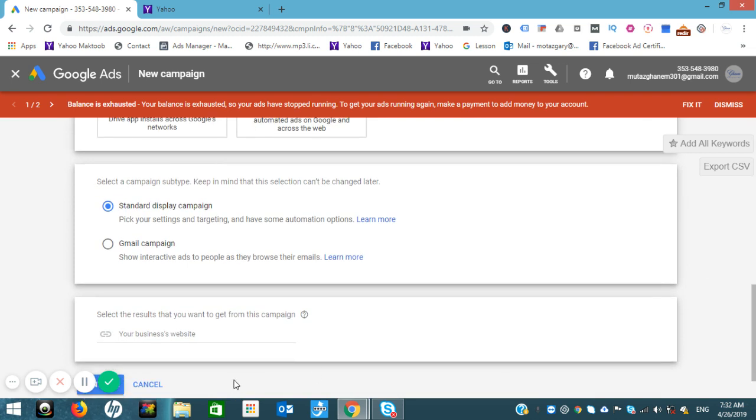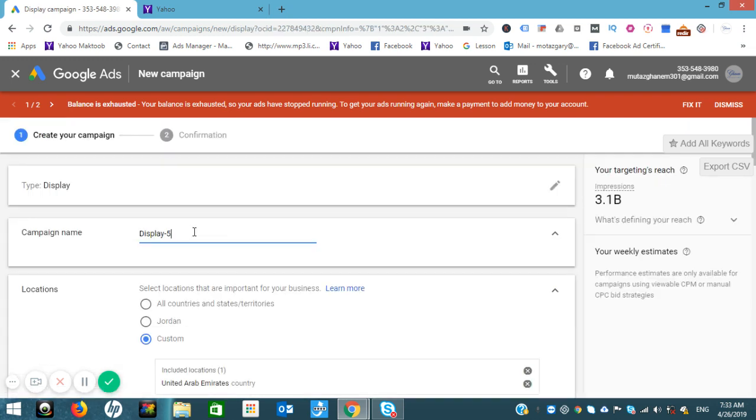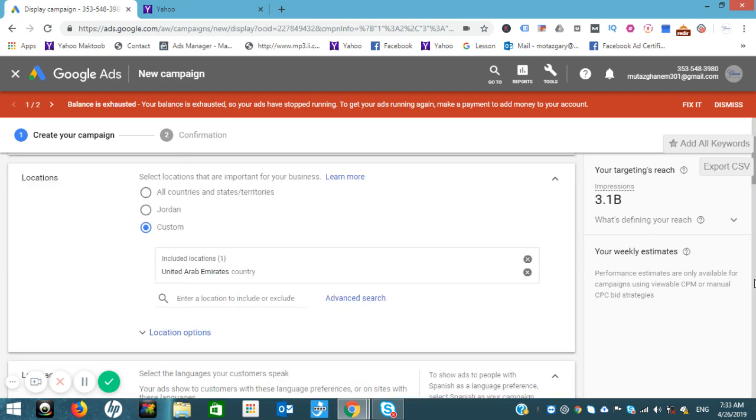Scroll down a little bit. Right here, your website. Scroll down, continue. What's the campaign name? Say services. Sorry. I'm targeting here United Arab Emirates, location options,